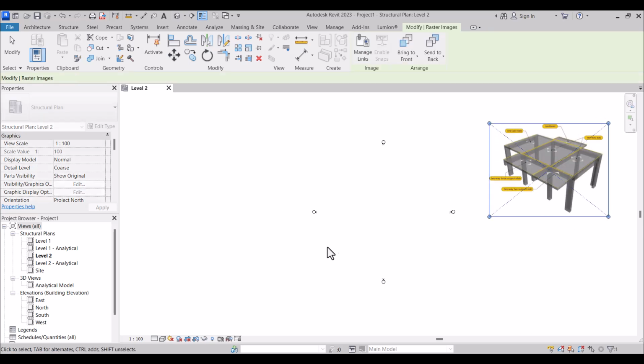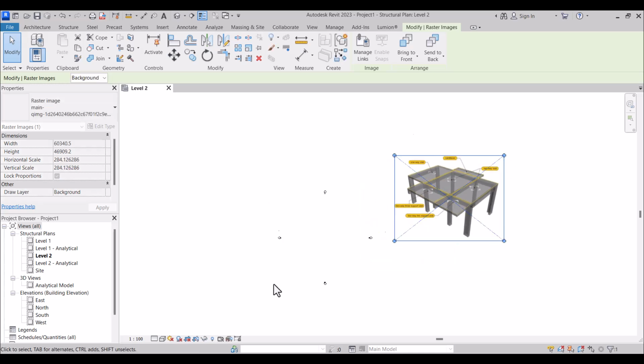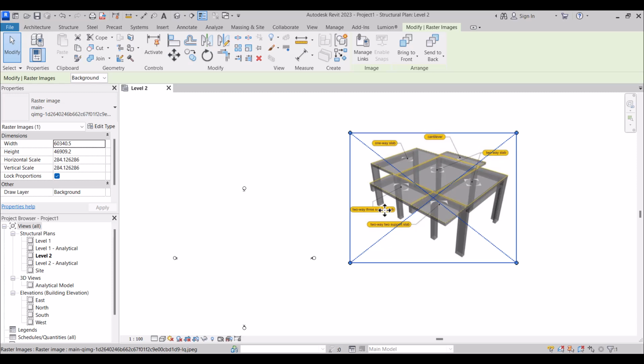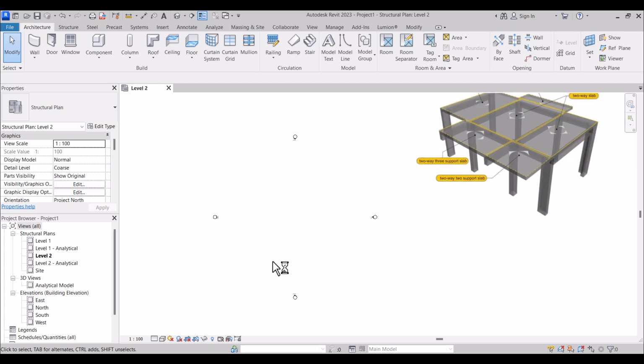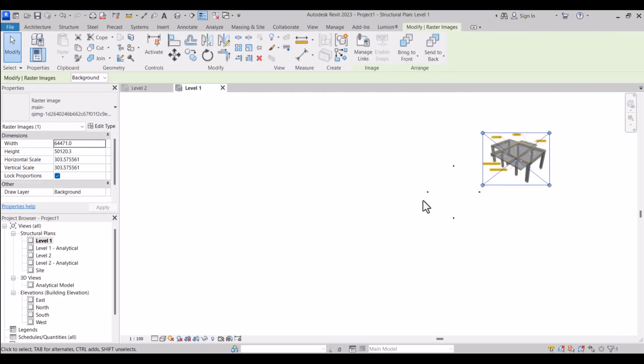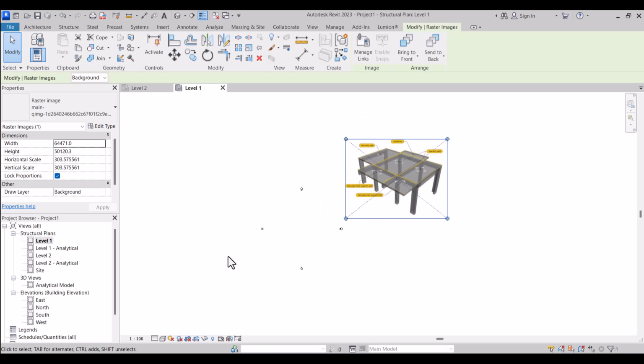So this image will be uploaded in the resources so that you can have a fair idea on what we are going to do. So there are 1, 2, 3, 4, 5, 6, 7, 8, 9. There are 9 columns in which we are going to do the same thing. So guys, as we said, we are going to draw the same thing here